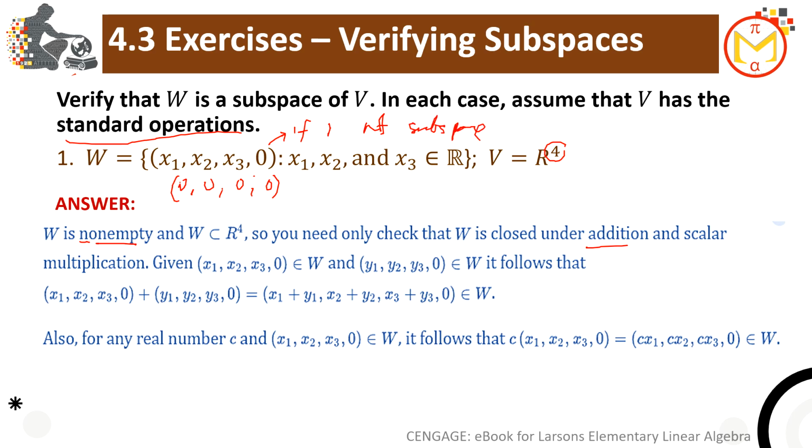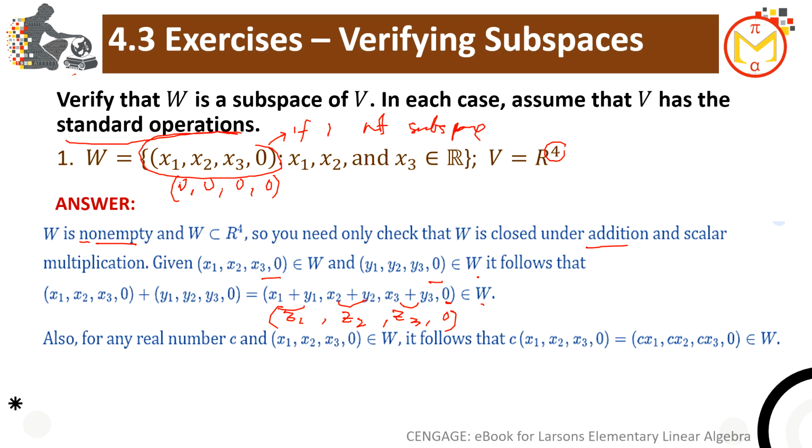All right. So again, if we take two vectors of the same form, it follows that when we do addition, and this one is 0, it still belongs. You can represent this as one variable, like x sub 1, and say this is c sub 1, this is c sub 2, and this is c sub 3, then 0. So you see, it is of the same form as this. Just change the variable.